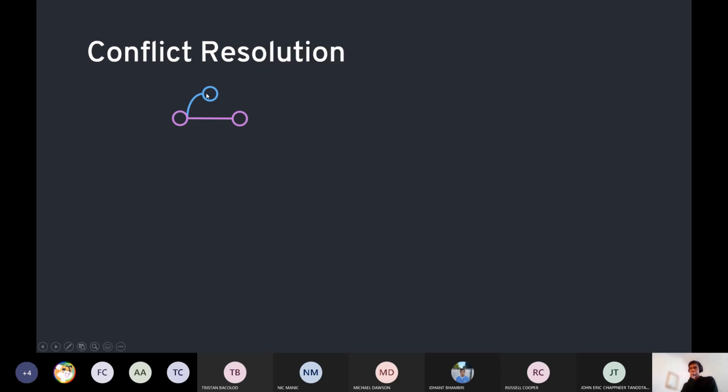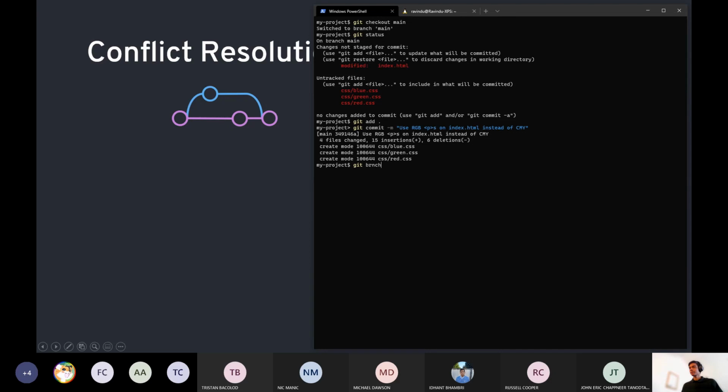So at this point, we've made 2 conflicting commits on separate branches. And what we'll try to do now is to merge our new branch onto our main branch. So to do this, once again, we'll have to do git merge. We're currently on main, so we've got to merge feed highlights into main. So git merge feed highlights. And git says, okay, we've got a merge conflict. It doesn't know. We've made changes to index.html on both feed highlights and on main, so it doesn't know which of these to actually preserve.